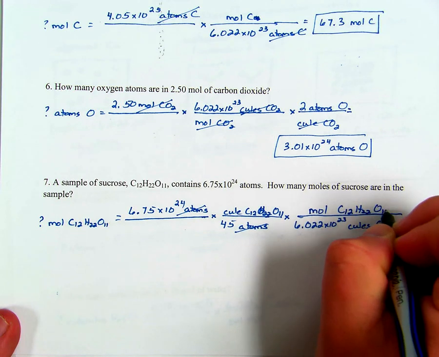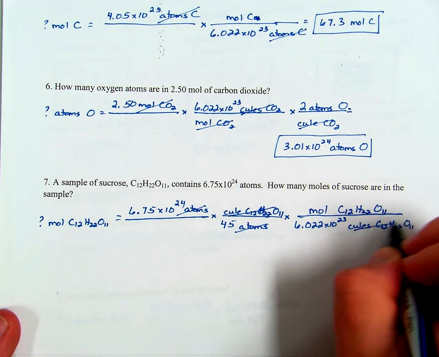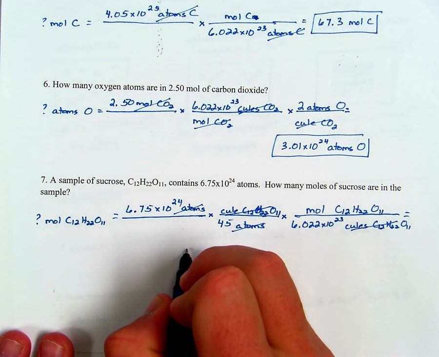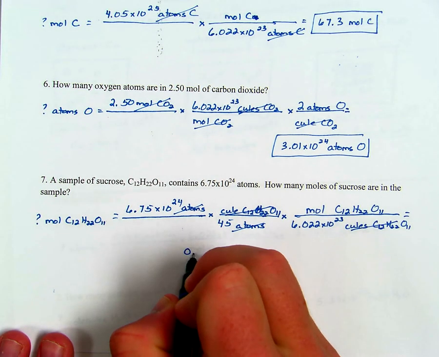And I have not worked this one out yet, so let me plug it into my calculator. So 6.75 times 10 to the 24th divided by 45 divided by 6.022 times 10 to the 23rd. And we will get, looks like 3 sig figs here, this would be 0.249 moles of sucrose,